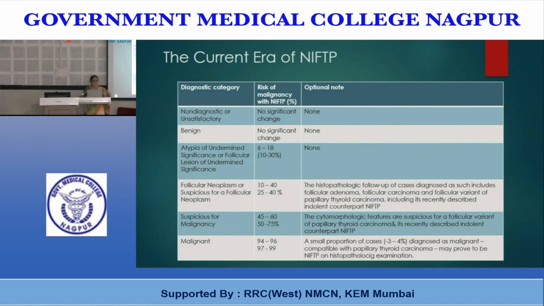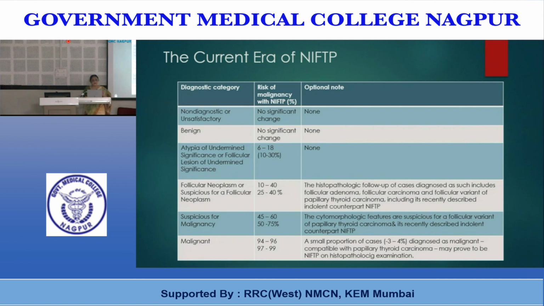But in this classification system, the Bethesda system recommends that you add a note in front of the category if you are suspecting nuclear features of NIFTP. We will see what those nuclear features are. So here you have an optional note column at the end where you can clearly write that there are so-and-so features favoring FVPTC, but cytology cannot differentiate between FVPTC and NIFTP, and this possibility should be considered. So you have this facility and you can write this elaborately in your report.